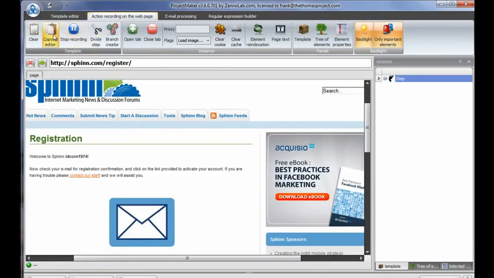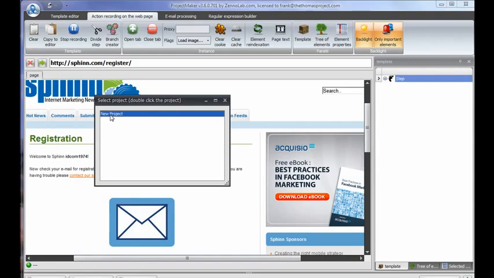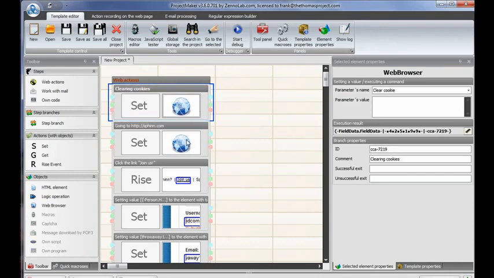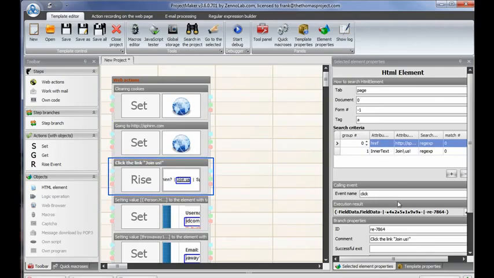I'm going to go back here, and now I'm going to copy this to the editor. It's going to pop open a window because I've only got the one project open called New Project. That's what it's going to show me. Okay, it jumps to the template editor, and here we go. So you can see it's created those steps. Clear the cookies, go to the page Siphon, click the Join Us link, etc., etc.,